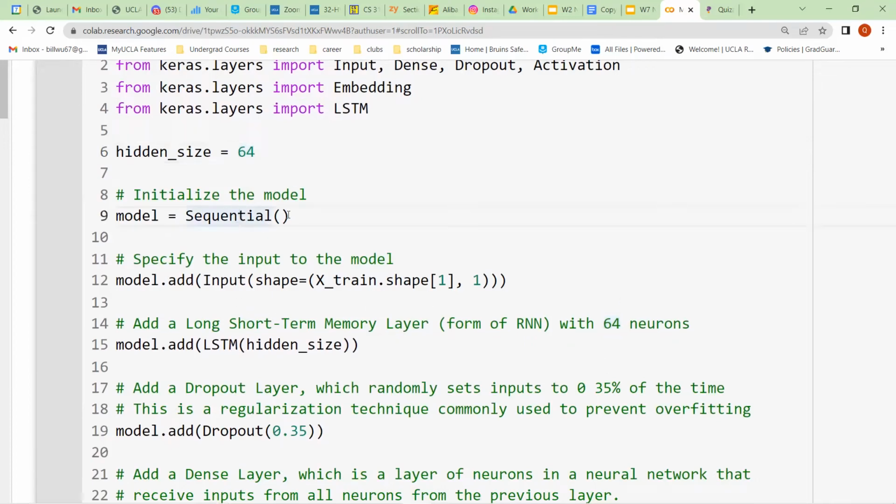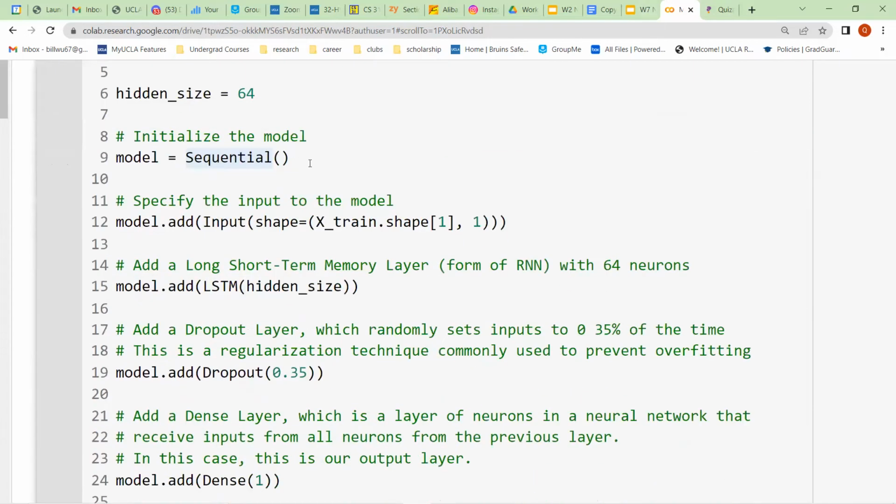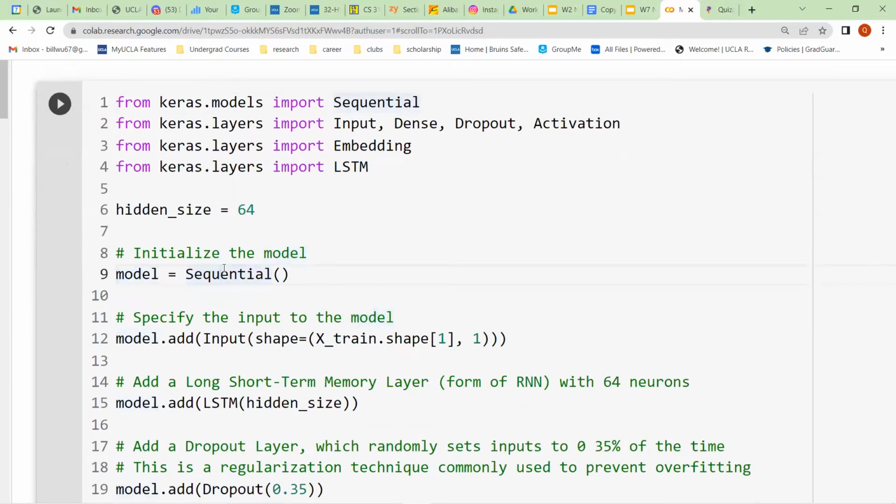So first things first, we're going to initialize the model. Because we're using this sequential function to create it, you have to start with the sequential function call. The next thing you're going to do is add an input layer, right? This input layer is just going to have the shape of one subsection of your X train data. If you're thinking about it as a workflow or a series of actions, this is just loading all your data into the model, preparing it to be processed by your model.